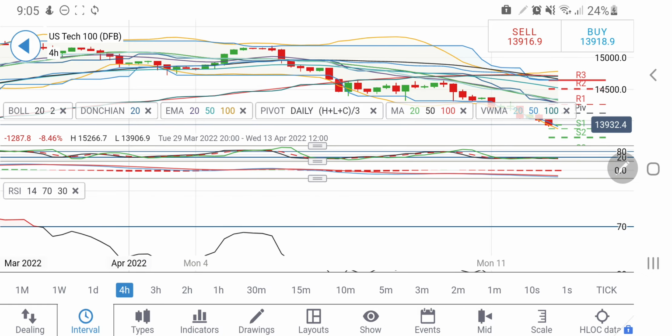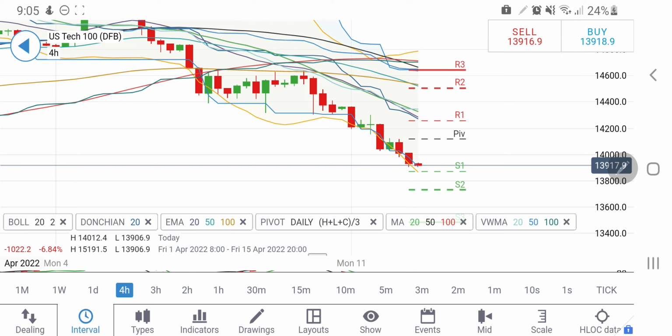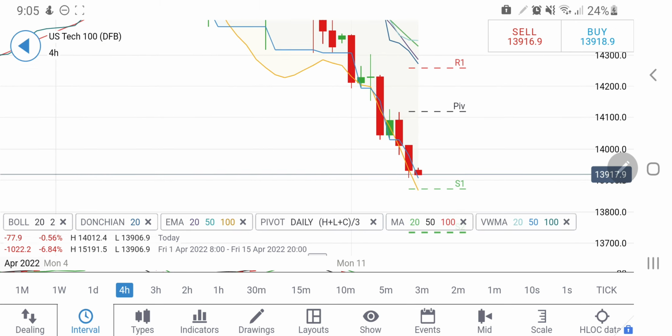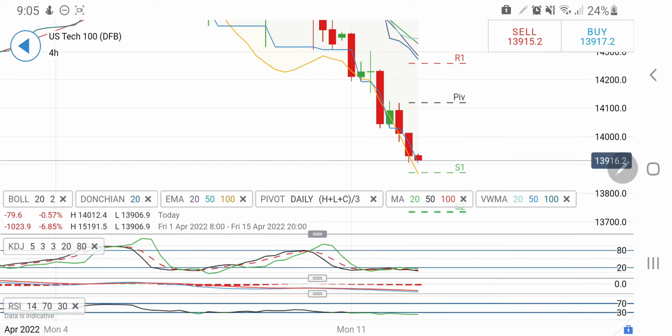Now coming back to the 4-hour charts. On the 4-hour charts, the candle is yet trying to take shape. This is going to be the third red candle. The support here at 13,850 should come into the picture. With the support at 13,850, we may see it reversing again. How far could this go? There could be a resistance again at 14,000, 14,050 levels, which can be achieved, and the only confirmation of a reversal is once it trades above 14,120 levels.